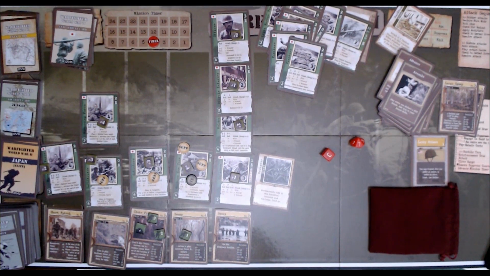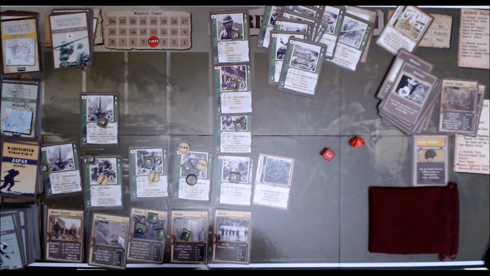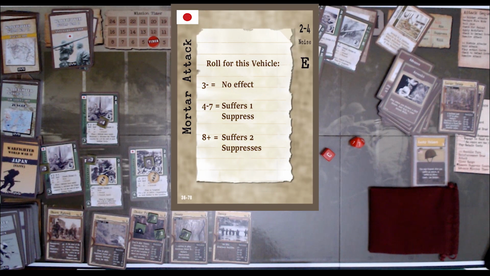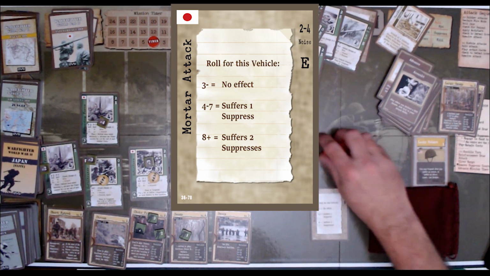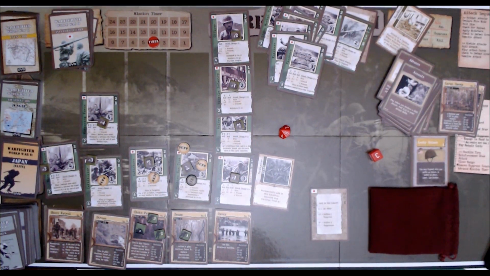Now going into the hostile step, we'll do reinforce. We don't have any reinforces to do, but we are going to draw an anti-vehicle card. This is a mortar attack. We're going to roll for the vehicle. On a 3 or less, it's no effect. 4 to 7 is 1 suppress, and 8 or better is 2 suppress. I haven't seen that. That's nasty. So a 6 is 1 suppress,